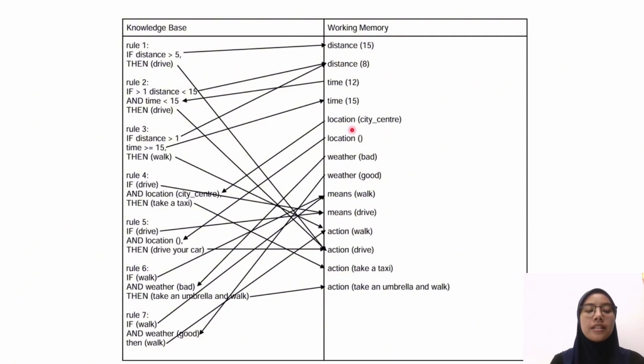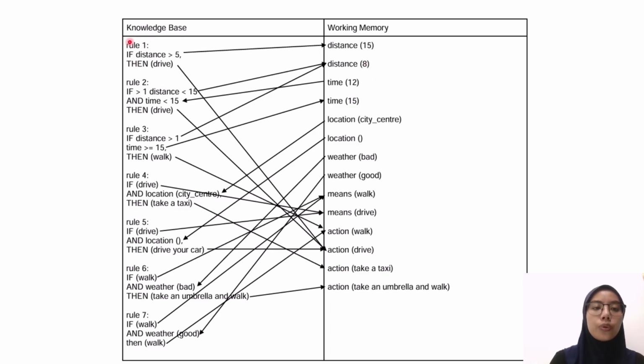A rule in AI provides some description of how to solve a problem that can be defined as an if-then structure. So here, knowledge base and working memory. The knowledge base contains all the rules, facts, and logic, while working memory contains facts or data about the current